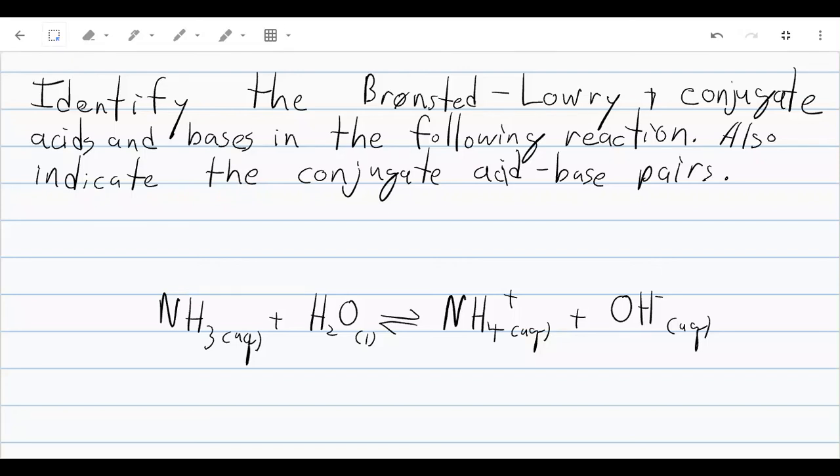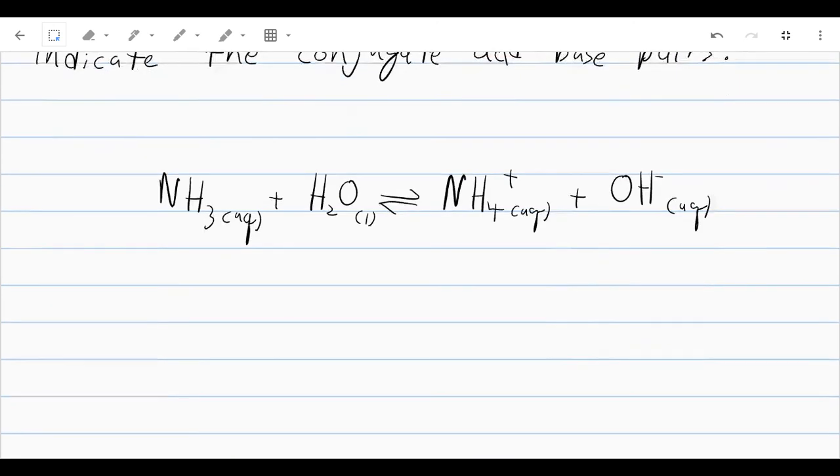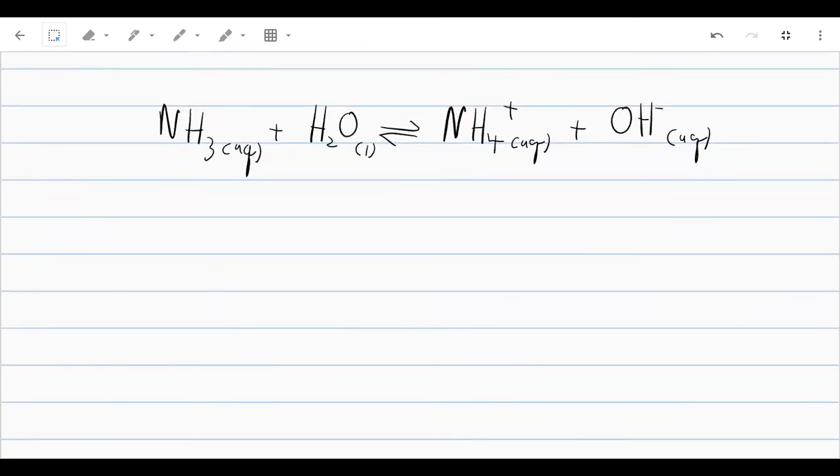Here we have an acid-base reaction, and we're being asked to identify both the Bronsted-Lowry acids and bases and the conjugate acids and bases in the reaction. We also want to identify what the conjugate acid-base pairs are. So what we need to remember, our reaction is NH3 plus H2O reacts in equilibrium to become NH4 plus and